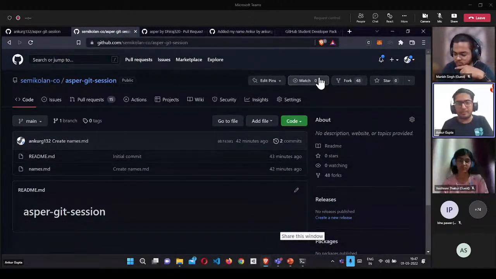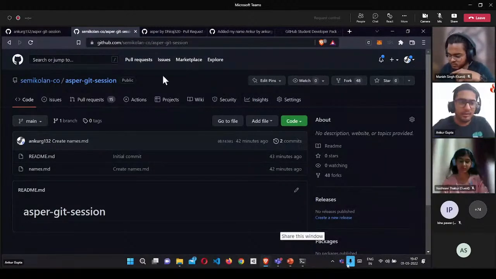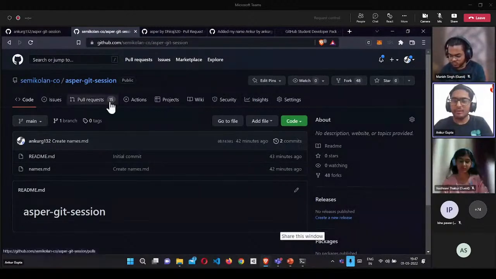Even if there's an issue, as I said, feel free to reach out. And yeah, just make a pull request. You have time till tonight, so make a pull request, and we'll give you some certificates from MLSA.